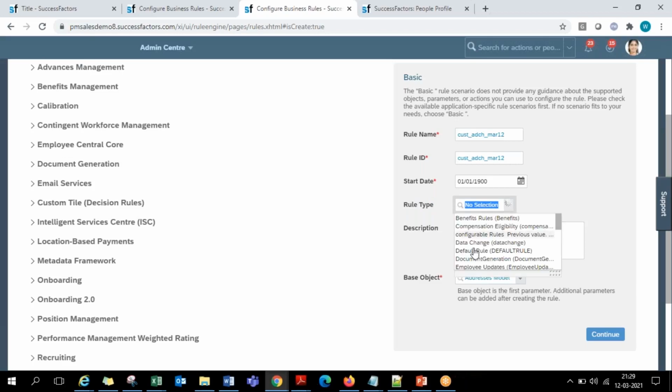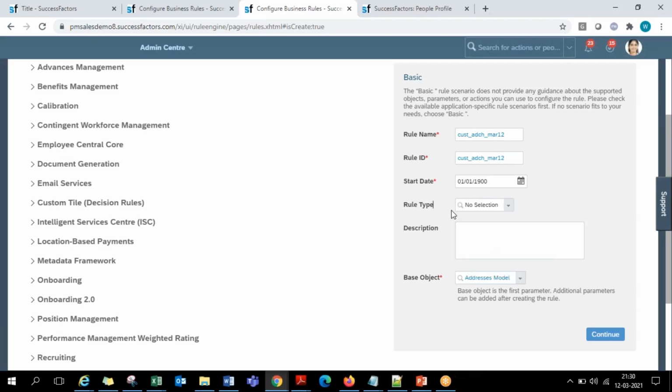You can define it. So SF standard will not give you this list in the customer system. We are required to define it. So whenever I am creating a new rule, if I want to have a particular folder, kind of a particular category to categorize that rules, then I use this rule type as a filter. Actually, that will be of more use. Tomorrow when you are referring to any rule, just by looking at this rule type, whether this rule belongs to performance module or EC module or recruitment, I'll have clarity. That is the way rule type is there, which is not mandatory.